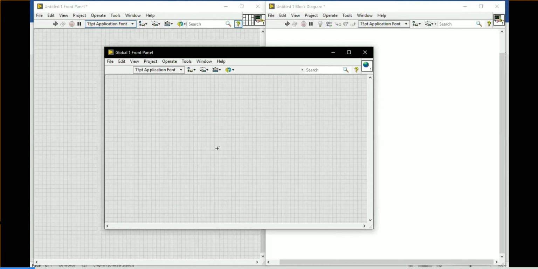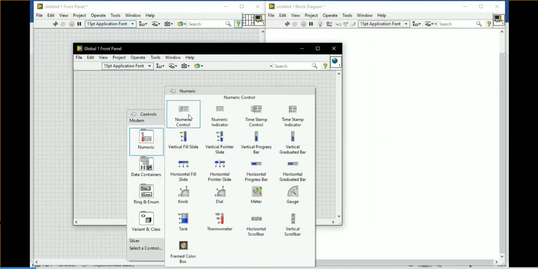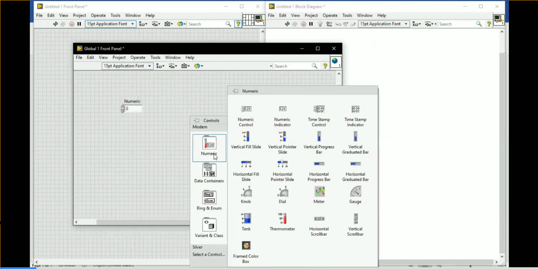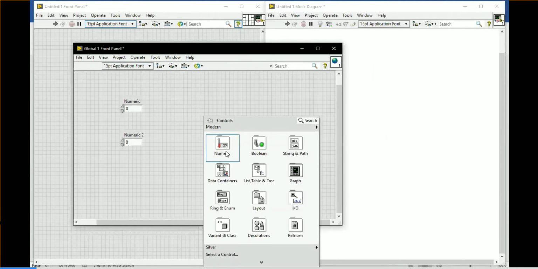Whatever control you place here, you can pass its value to multiple VIs. So we will do that now. I'm going to take a numeric control here, then one more numeric control, and then a Boolean stop button.